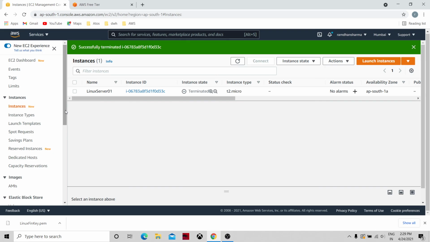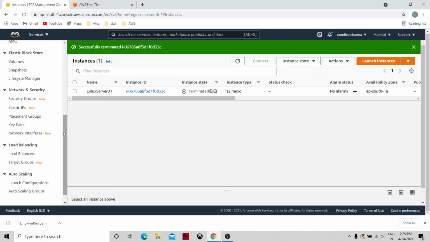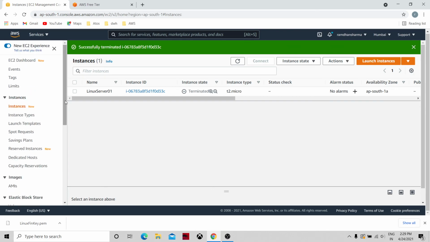In that sense, they have provided scaling groups. For our purpose, with our conditions, we can specify rules, and based on those rules we can provision the resources for that particular demand. With that we are going to end this EC2 instance creation.